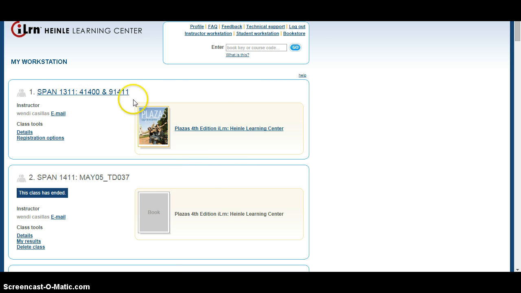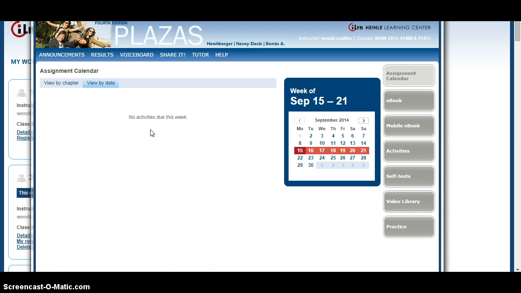To start, once you log in, of course I didn't go to the login screen, but it's hlckia.com, and you'll go to your login screen and you enter in your information, and you'll go to, this is my student workstation. So that I can give you the same perspective, or I can see the same thing that you would see as a student. I'm actually enrolled in this class. So I can click here, the course name, or I can click here on the book to open the iLearn Learning Center. Now, default view that comes up,